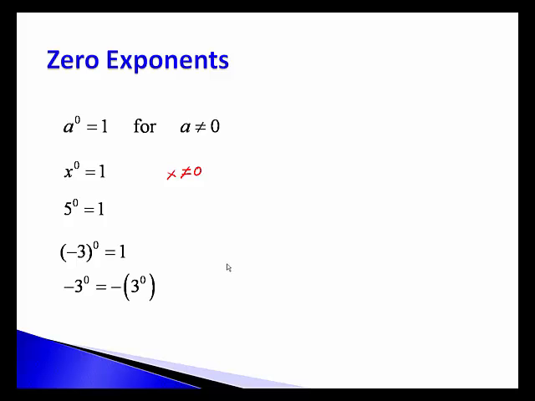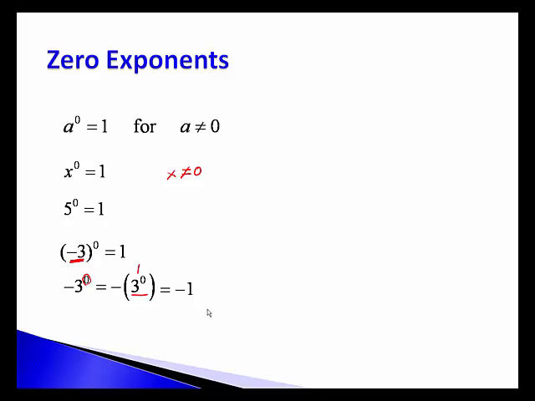What about this negative 3 to the 0 power? I need to remind you here, this exponent applies only to what it touches unless there's a set of parentheses that tells you otherwise, like this one did. So in this case, what I have is a negative, and then it is the 3 that is raised to the 0 power. Well, let me ask you, what is 3 to the 0 power? Well, that's just a 1. So what we actually have here is a negative 1 for a final answer. Sometimes things like that can sneak up on us if we're not careful,